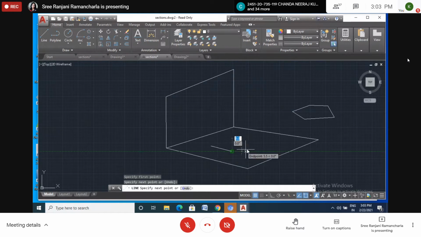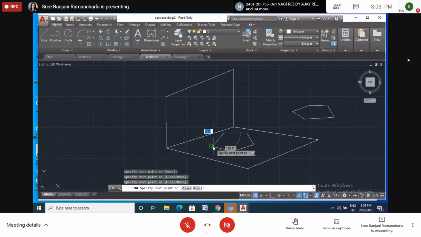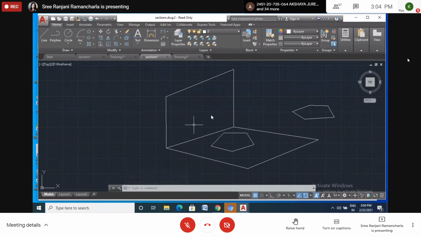See here, this is the perpendicular. Now, is there any difference between these two? Now, this is parallel to VP, yes, and this is perpendicular to VP. Yes or no?